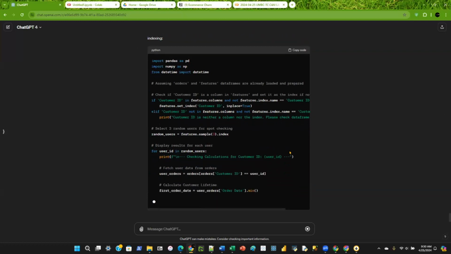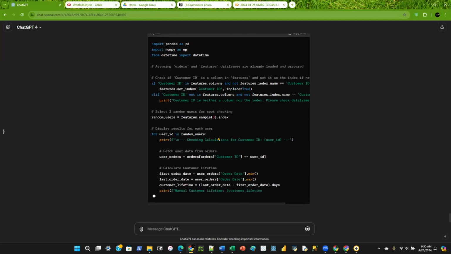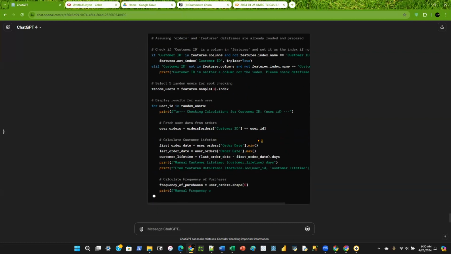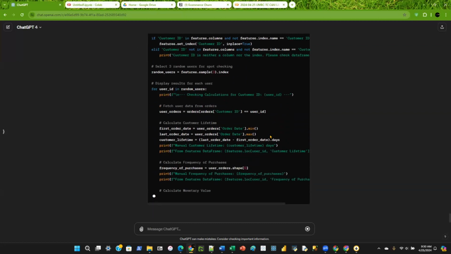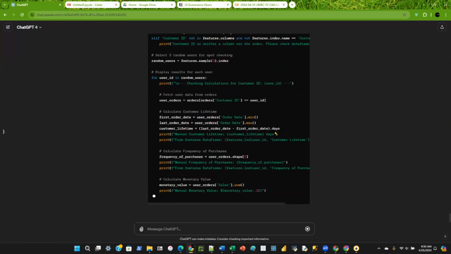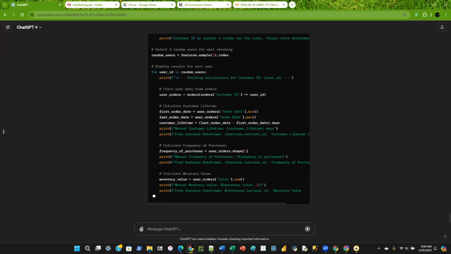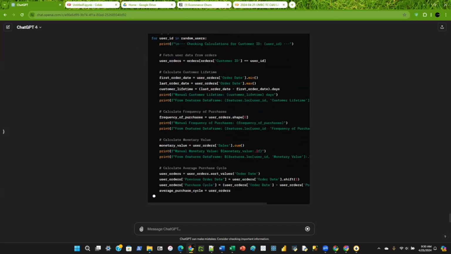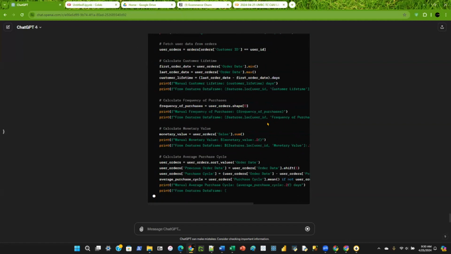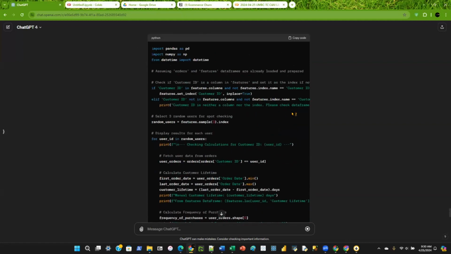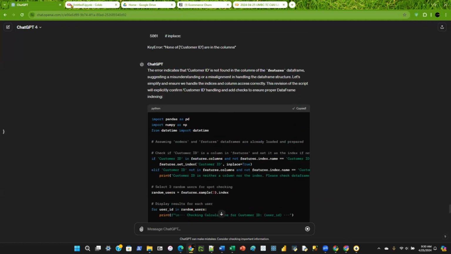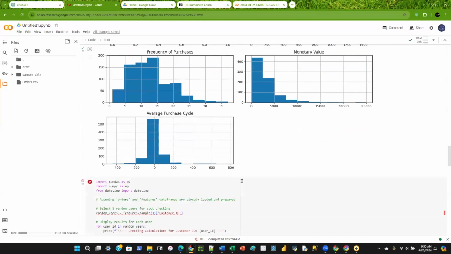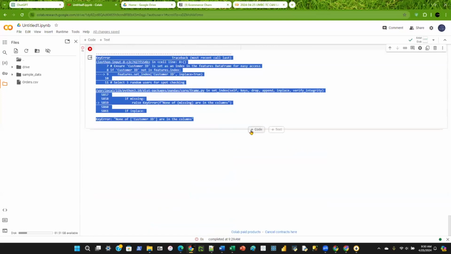Okay, let's try this because I neglected to check whether customer ID had been put in the data set. That is not good. I'm going to try this one more time. If not, I'm going to have to remake the data set, the data frame. So this is what I say when these models do provide incomplete or incorrect information.